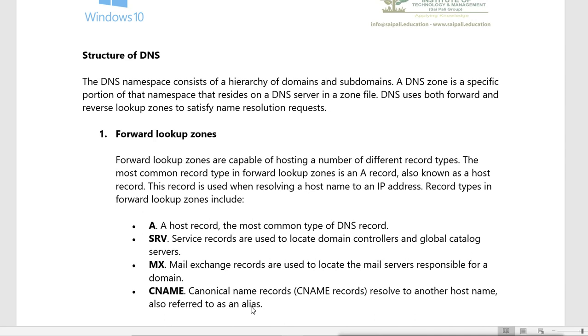So I can create CNAMEs for these two, the mail server and the web server. Suppose someone wants to access the web server, so the same server 1 I will name as web 1. If anyone wants to access it as a web server, they will use the name web 1, but the actual name is still server 1.